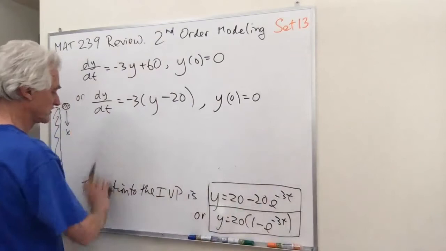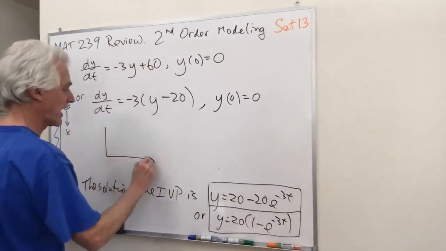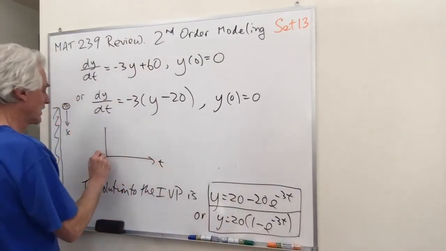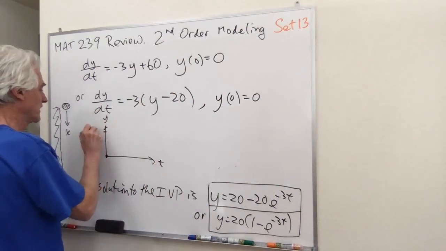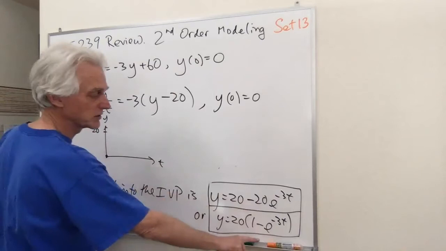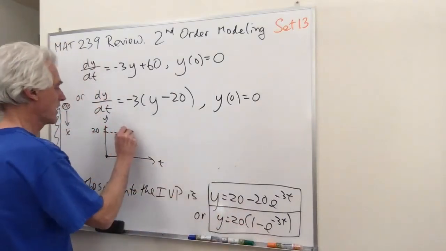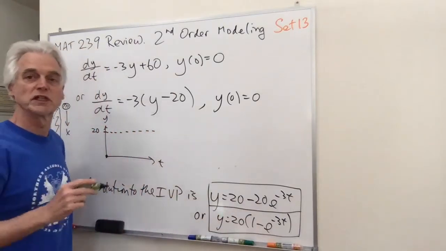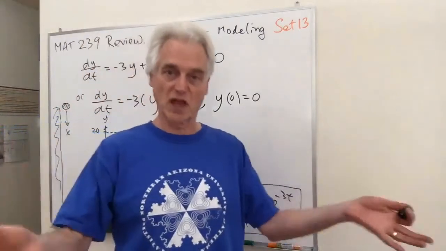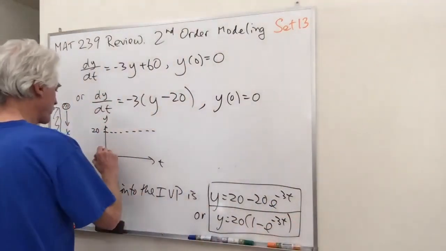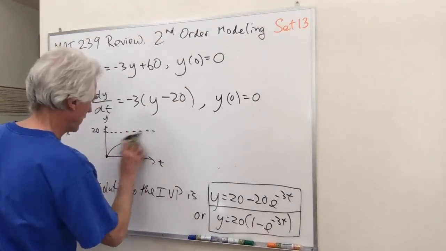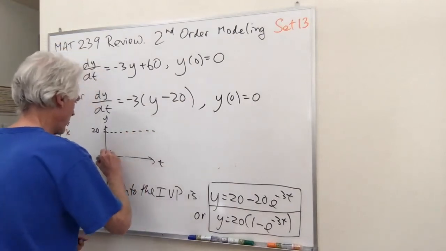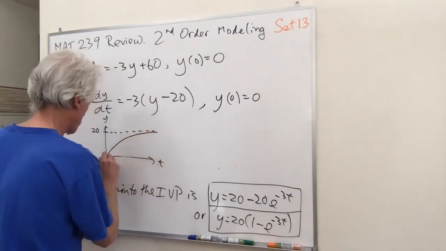what the graph looks like. If I have t here, and this is y, let's put 20 here. The asymptote is 20. If I wait a long time, the velocity will reach 20, which is the terminal velocity, and I approach like that. Well, I approach 20